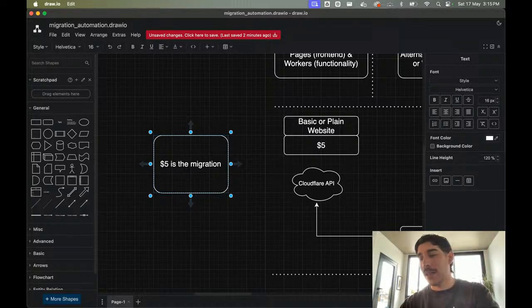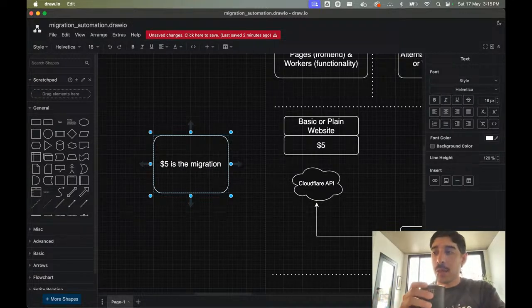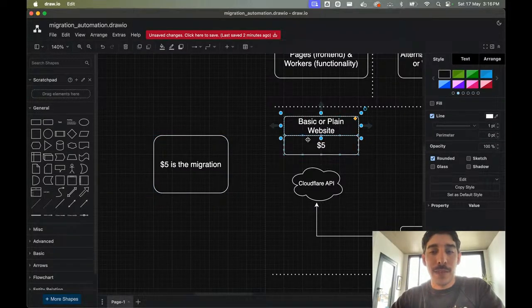And the fact that LLMs are now available through APIs and through systems like n8n opens up the possibilities of the things that we can do. So let's say you come from a website with a CMS with 10 years of information, but for some reason you only want this basic migration.